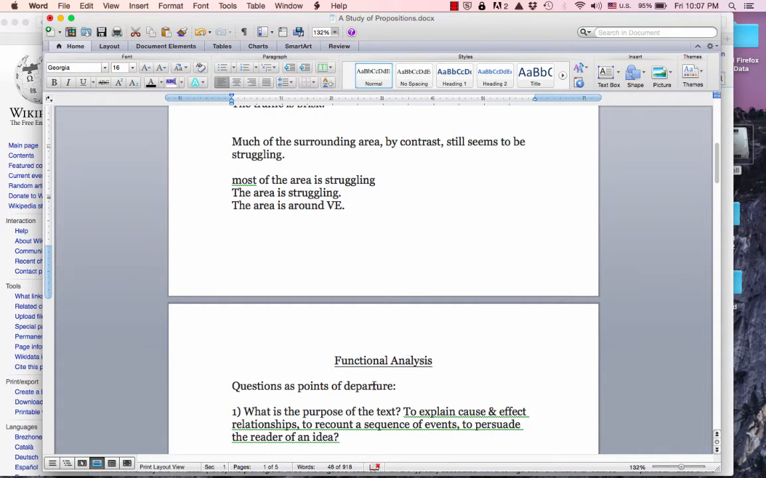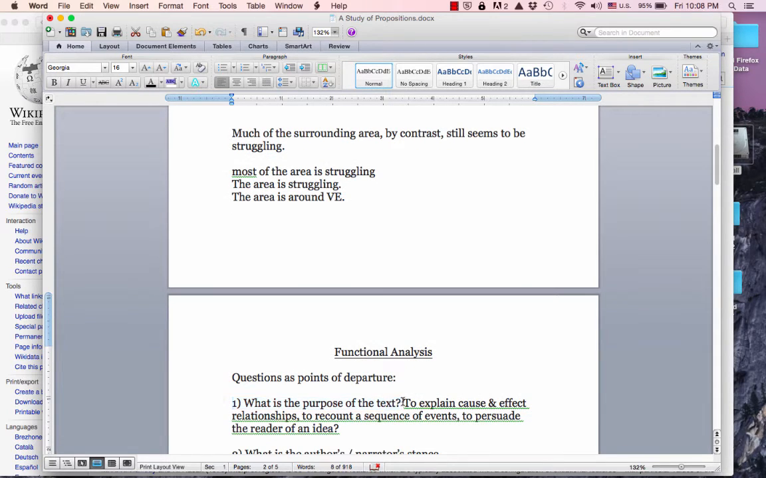Again, functional analysis is about purpose. So I ask, to start, what's the purpose of the text that I'm reading? Somebody puts a book down in front of me, and that book has chapters and words in it. What do those words exist for? What do those chapters exist for? Does the text passage exist to explain a cause and effect relationship, like you might find in a chemistry textbook? To recount a sequence of events, to persuade the reader of an idea,